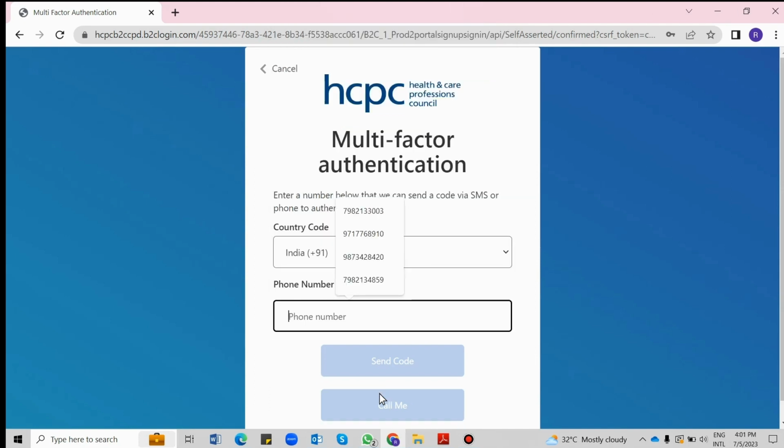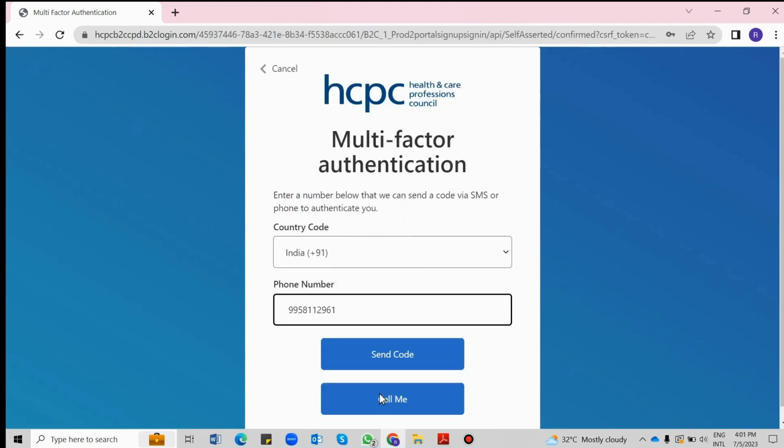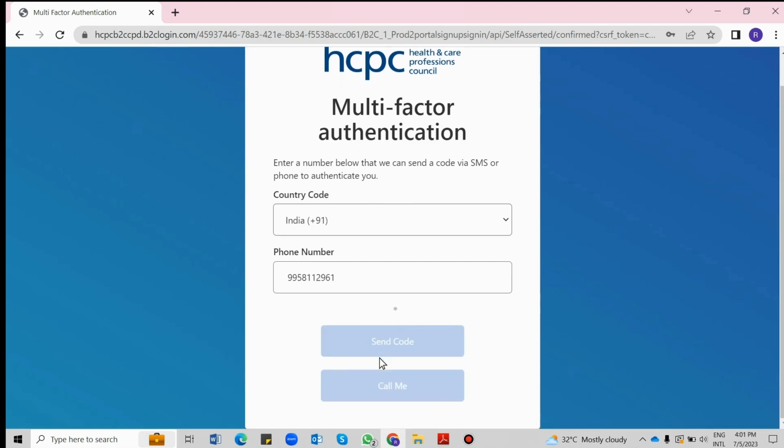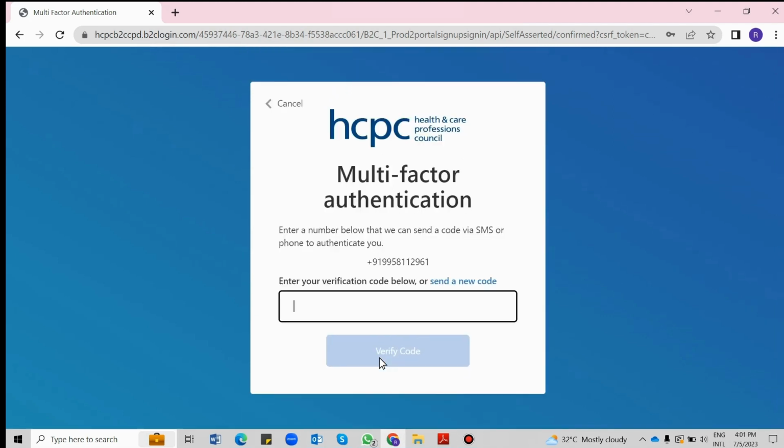And then I'm going to mention the contact number. So here I have mentioned the contact number. Once we mention the contact number, we need to click on send code. So they will send another code on the given number. So we have mentioned the code here.